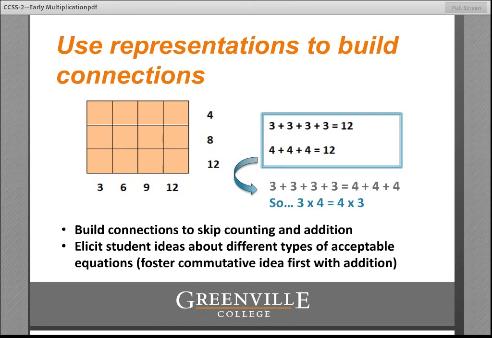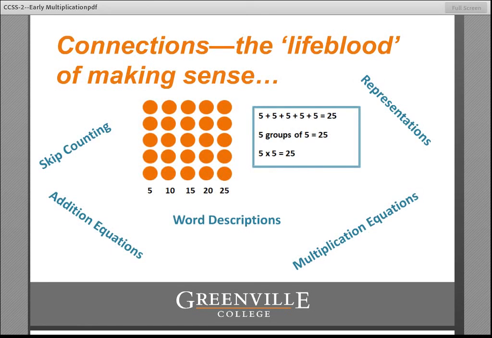These types of rich dialogues in which you elicit these relationships and connections and ahas build children's capacity to reason abstractly as they search for patterns that shed light on the way our number system and operations function. And as such, they inherently engage children in the standards of mathematical practice. As you lead dialogues, eliciting student strategies, choosing representations, and fostering a transition to writing equations, keep in mind that Kuba and Franklin research that I mentioned earlier, making connections between the concrete representations in the arrays, between arrays and equations, between skip counting and addition equations, and between addition equations and multiplication